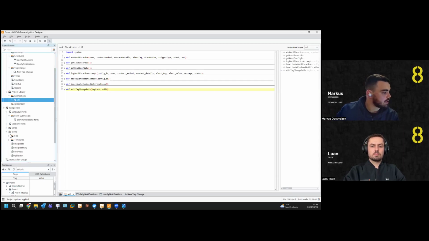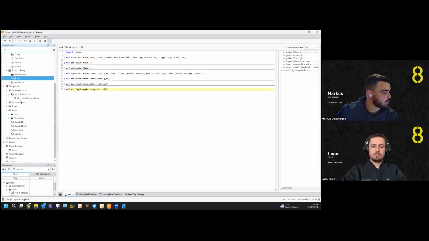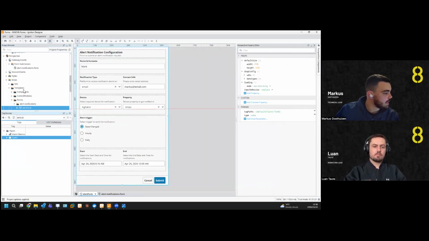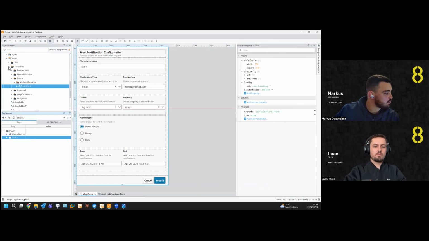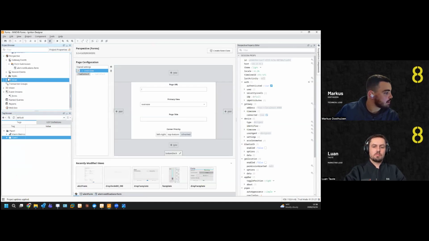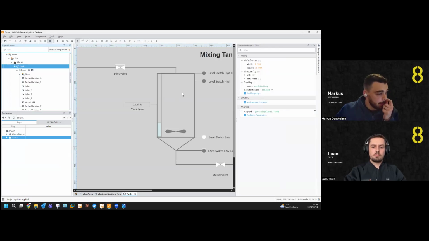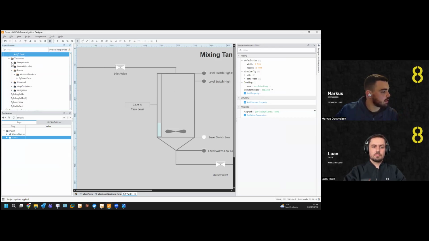So what we did was, after we created the form, because we created the form in such a dynamic way, just looking at the tag paths, when we added it to our main view, which is site view plant 1 tank 1, our main tank plant, it was quite easy. We could just add the view. But then what we did was on our faceplate,